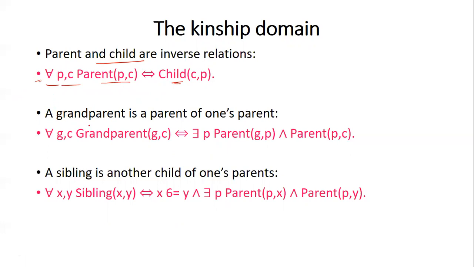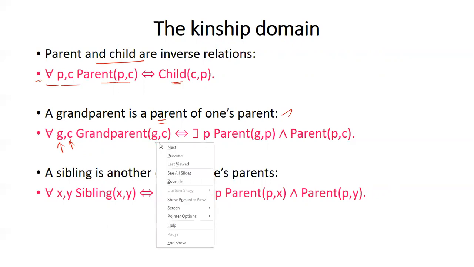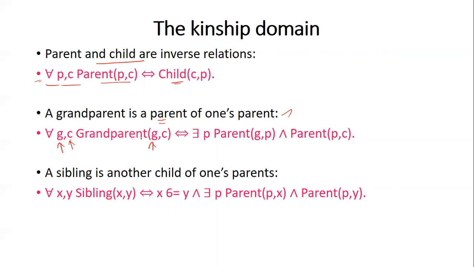And the next example is a grandparent is a parent of one's parent. So if you want to say that a grandparent is a parent of one's parent, this can be represented something like this. For all G, C, G represents grandparent, C represents a grandchild, grandparent of G comma C. So it means G is the grandparent of C. That is bidirectionally equivalent to saying that there exists some P such that G is the parent of P